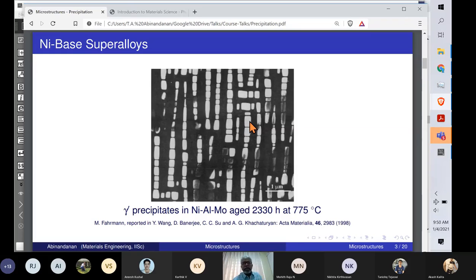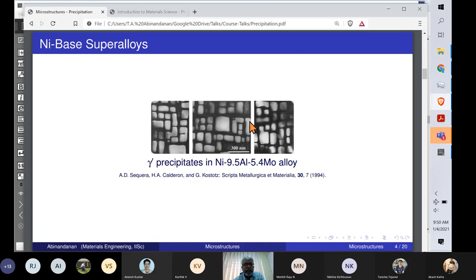These precipitates, which are produced through heat treatment, are the ones that impart this strength at high temperatures. We will look at mechanical behavior in the next set of lectures. So let me quickly run through the remaining microstructures. This is yet another nickel aluminum moly alloy from another study. Again, you can see the nice alignment of particles, and the micron marker gives you an indication about the size of these precipitates. These are extremely tiny, and you cannot see them using an optical microscope. You need SEM or TEM to be able to see